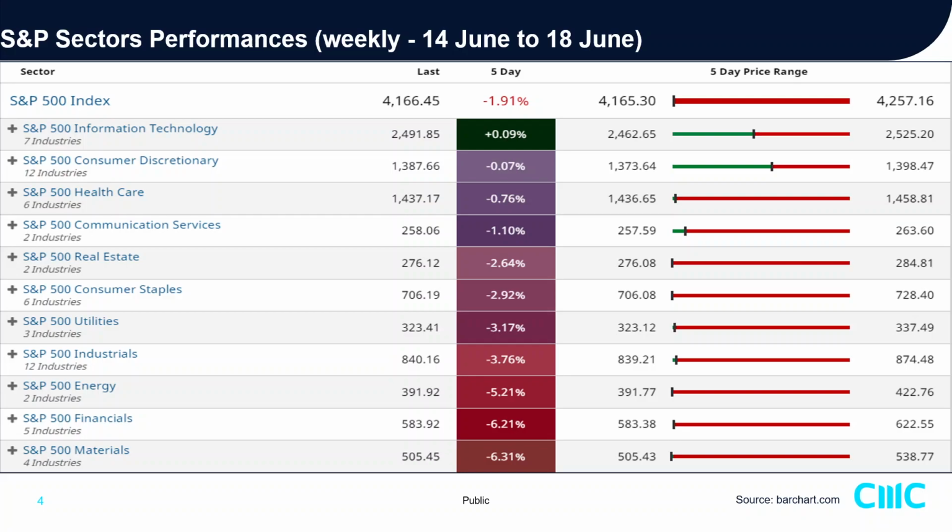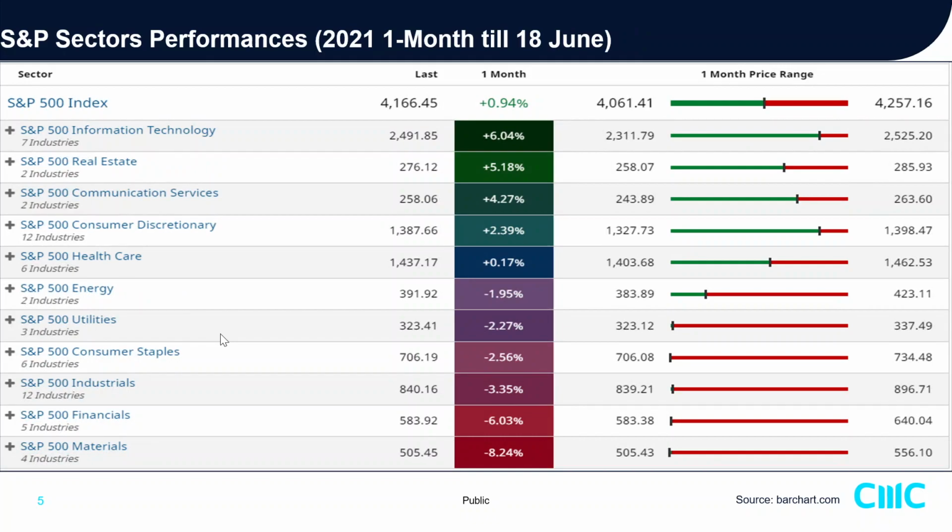Yeah. So if we were to put this performance in the bigger picture, we talk about a rolling 1 month. What I mean by rolling 1 month is a running 20 days till 18th of June. That means this one keeps on running, so the figures will keep on moving daily. It will keep on shifting. So it's a running 1 month performance as of last Friday.